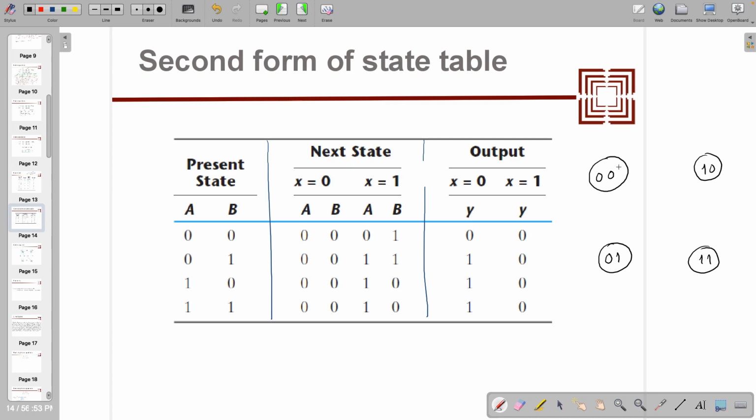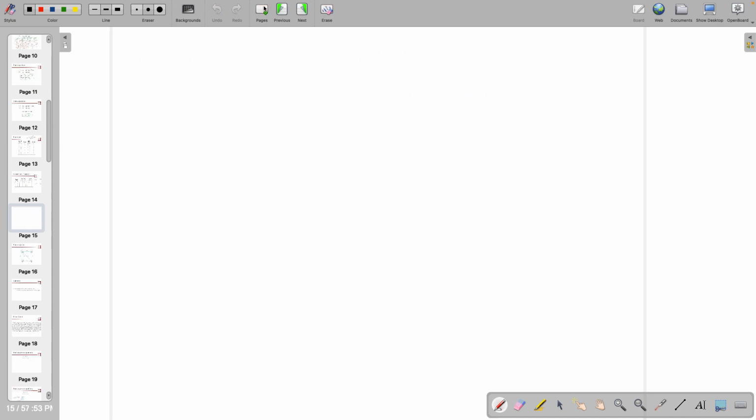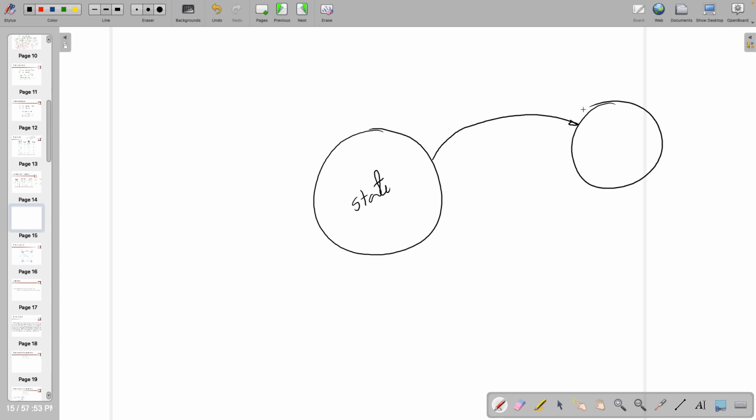So the first state, which is 0 0, look at this 0 0. We have to read as follows. Whatever state is there, on the same place you are going to have the next state also, and at the same place you will have the present state also. So there are 2 arrows required. So if I am writing this is state 1 and this is state 2,